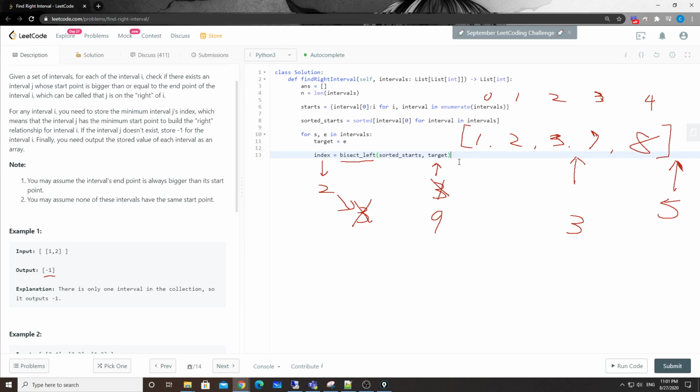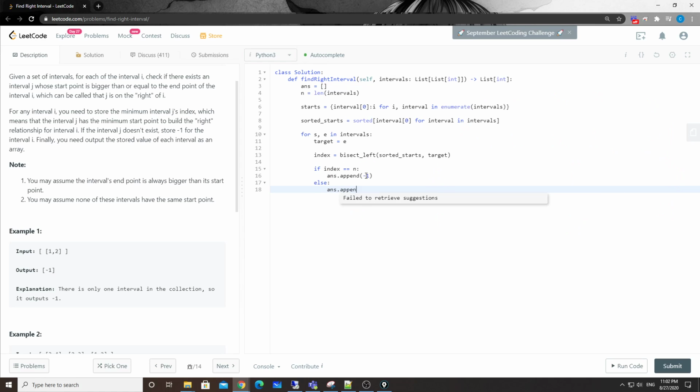So with that, we can simply do a check here. Basically, if the index we're returning is equal to n, then we know we couldn't find any starting point that's either equal to or greater than the target. Then we simply append -1. Else, we append